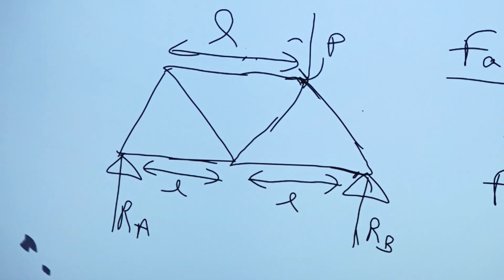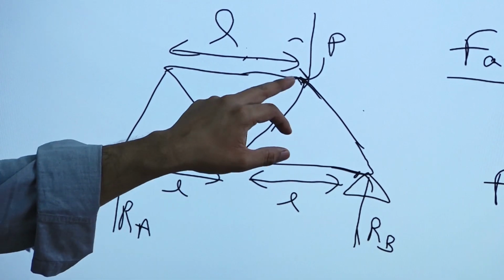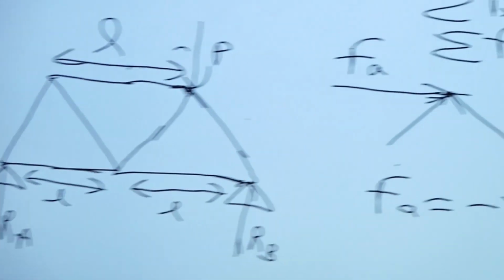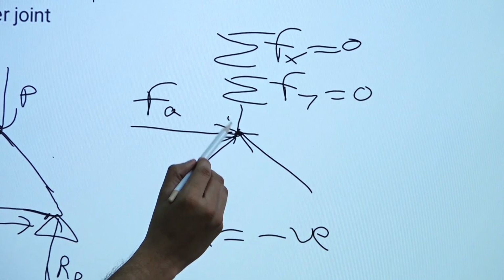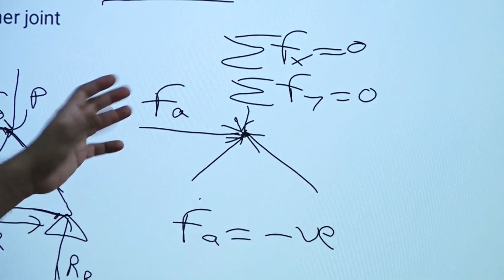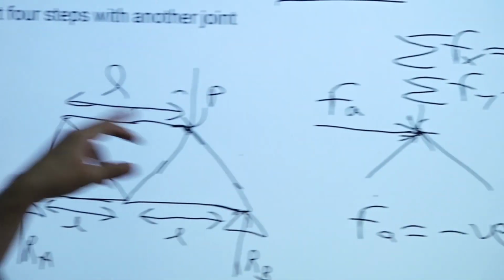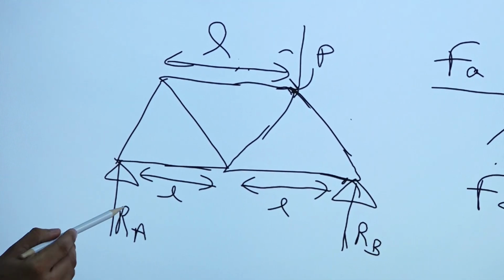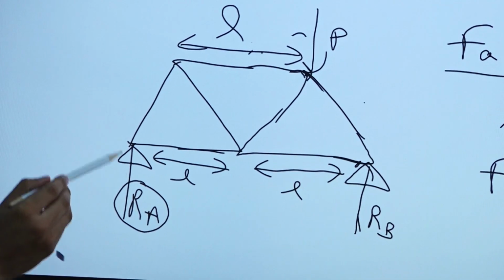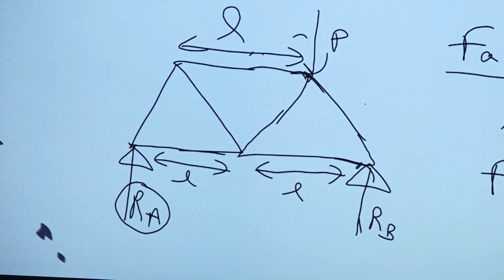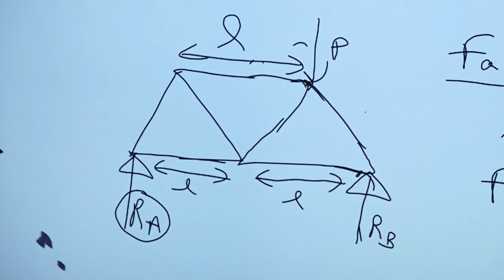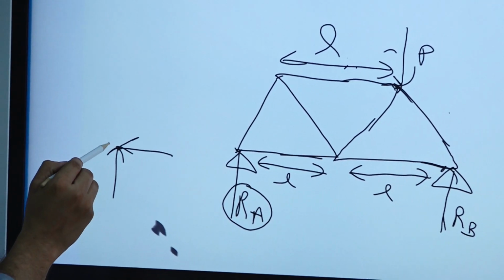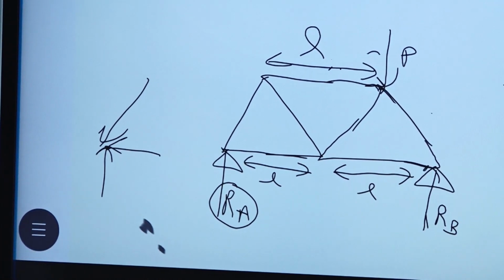So how you are going to solve it? First you are going to take this point P separately, and then you will resolve the forces. You will find out some forces like Fa or any other force. Then with the help of that force you have to find out Ra, and when you take Ra you have to take this joint separately, and all the forces acting you have to make a free body diagram of that.